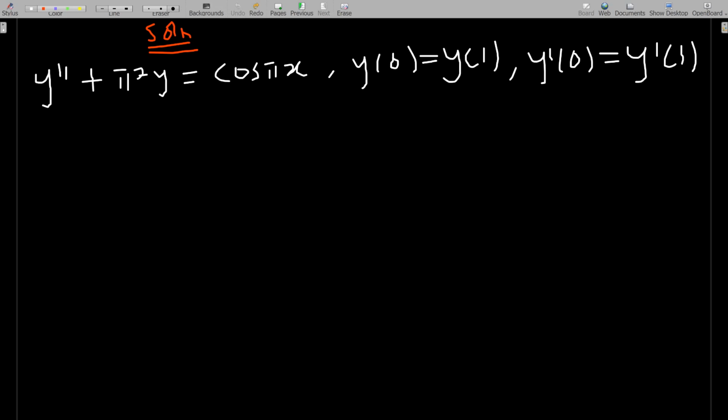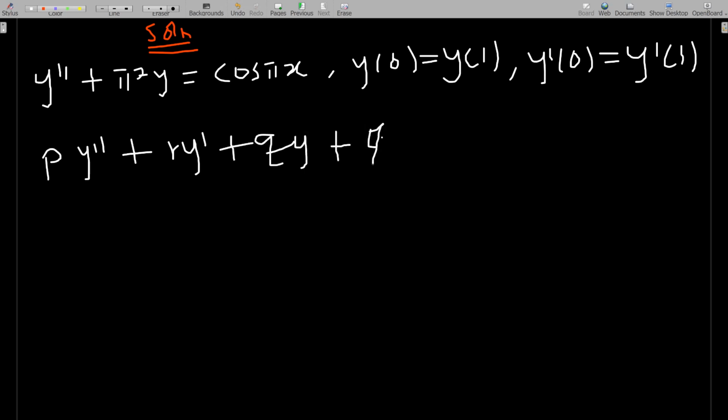If you have a second order BVP, which is P y double prime plus, let's say, R y prime, because we've been using Q for the y, plus Q y plus some phi of x equals 0,